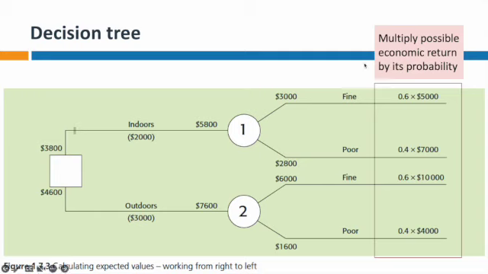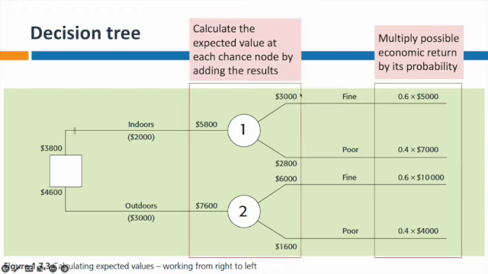So 5,000 times 0.6, 7,000 times 0.4, and so on. Then what you do? You write down the result. Okay, so here, actually, this can be read like a split. This branch is going to have 3,000 written here. This branch has $2,800,